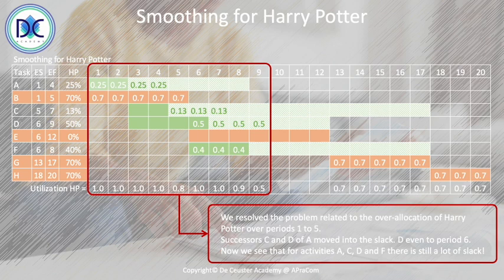What do we still see here? Well, when we look at all the slack, there is still a lot of slack left. I look at activity C, there is a slack of 9 periods. D, there is a slack of 3 periods. F also has a lot of slack. That's not really good because we can in fact reduce the slack. We resolved the problem for Harry Potter, but now we can have a look at how we can reduce the